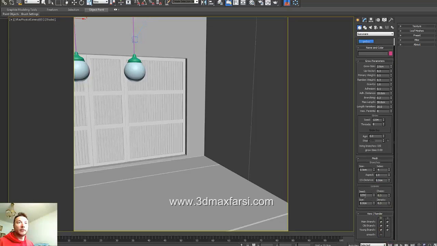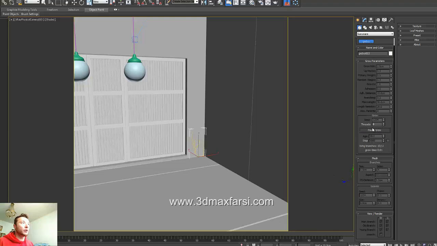We have leaves. This is also a seed. Seed means the variation of those leaves. You can add a little bit more caustic and density to the leaves, and of course increase the leaf size. So let's just examine this one. We're gonna grow the one that we set up earlier,